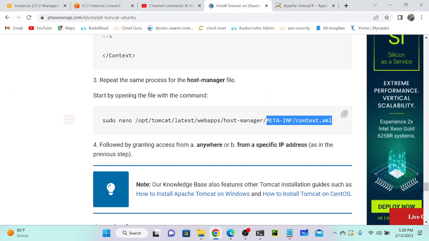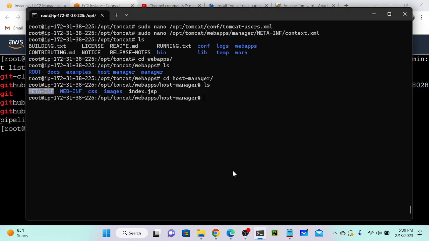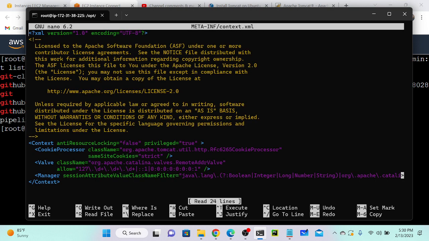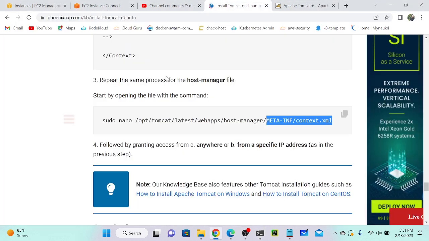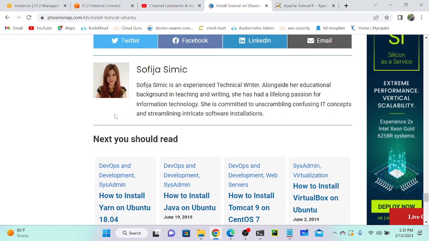So I'll copy this, nano, enter, and I'll comment the same line again. Okay, what is the command? Less than, exclamation, then minus minus. Minus minus, then greater than. Successfully commented. Control O, enter, Control X. Okay. Next, okay, that's it.